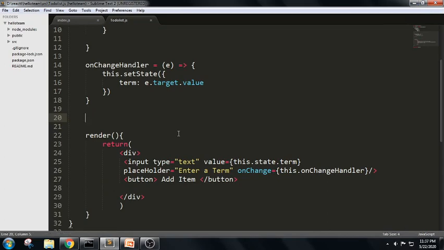Now we have used setState here. When the state gets updated, it will use the render method and call it, and the new value will be updated.